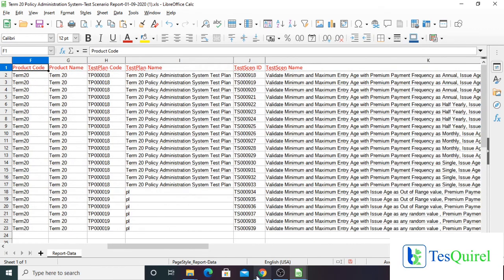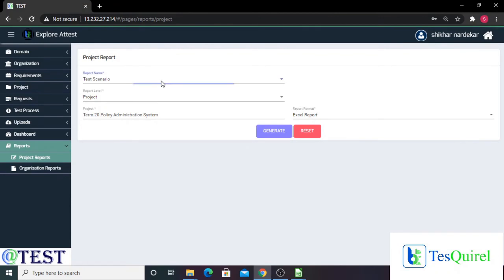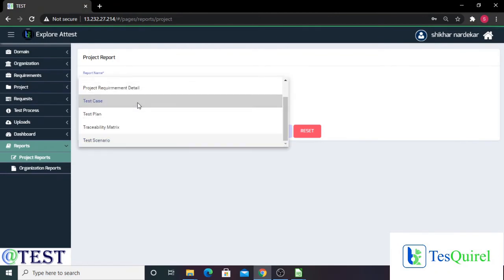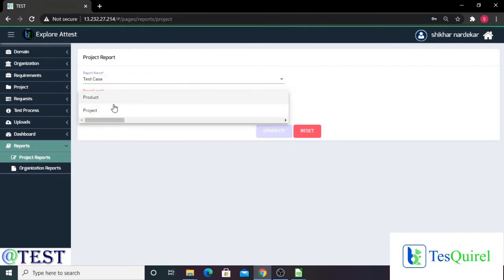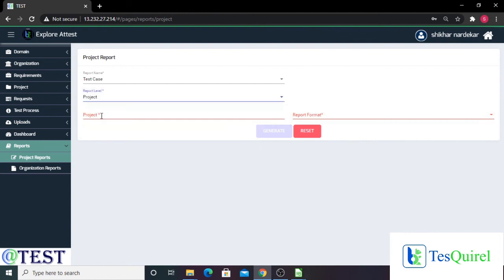Now let's also get the report for test cases. In the same manner as test scenarios, we can find out the report for test cases.